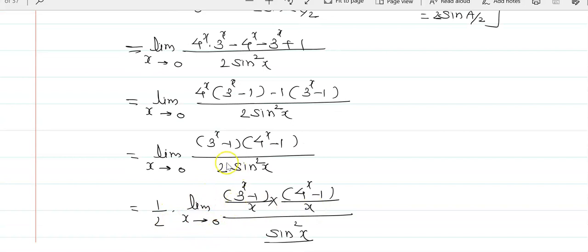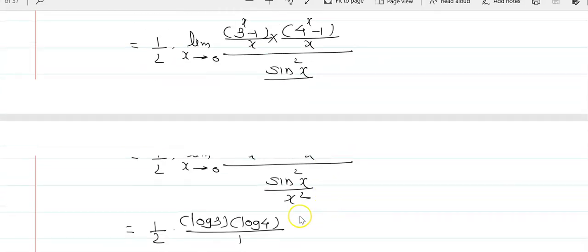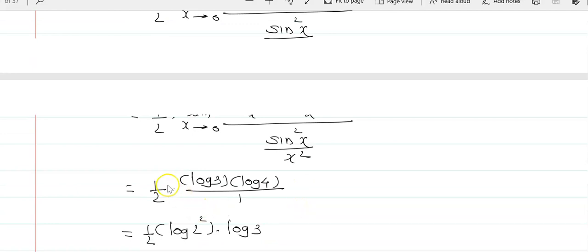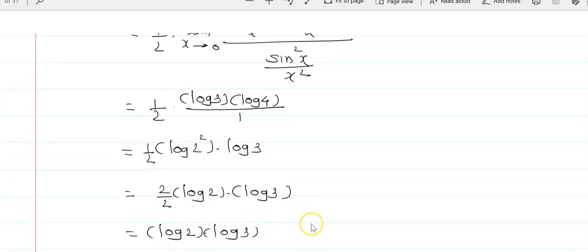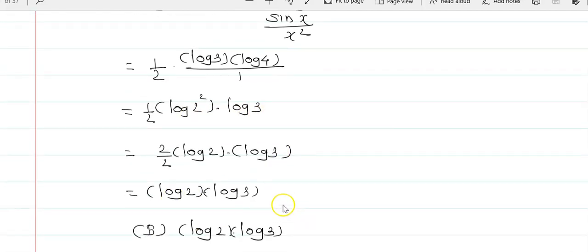Limit x tends to 0, 3 raised to x minus 1 upon x into 4 raised to x minus 1 upon x. Again see this here, divided by x square. And therefore you will get 1 upon 2 log of 3 into log of 4. And that's why 1 upon 2 log of 2 square log of 3. These two get cancelled. You will get log of 2 into log of 3. Option B is the correct one. Now the next is